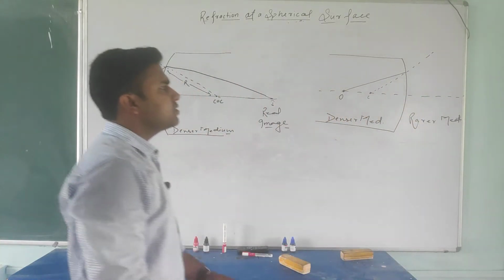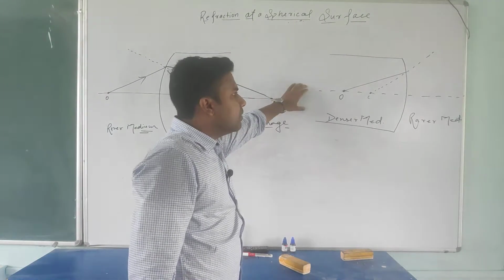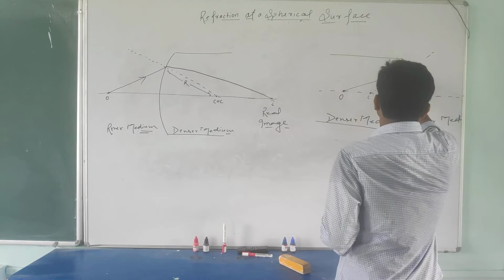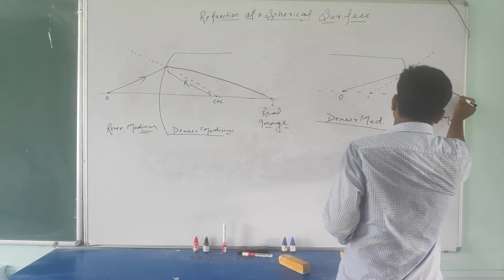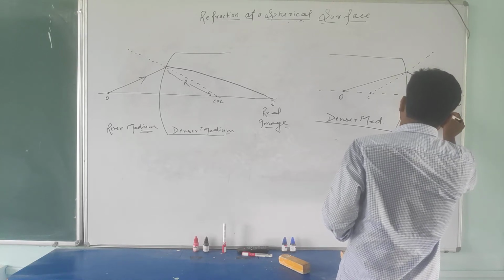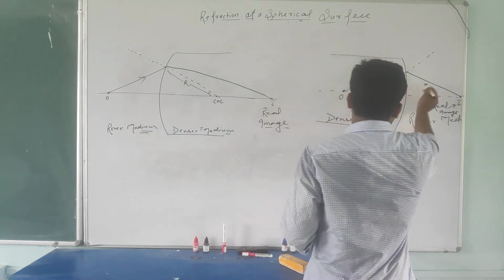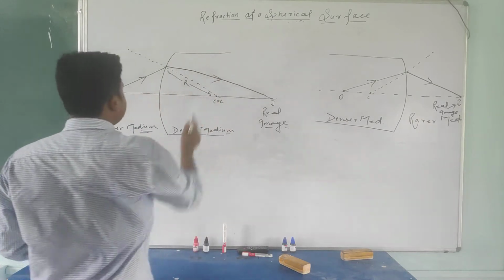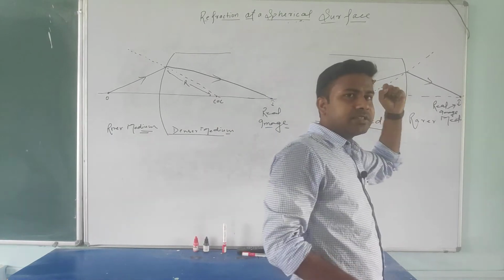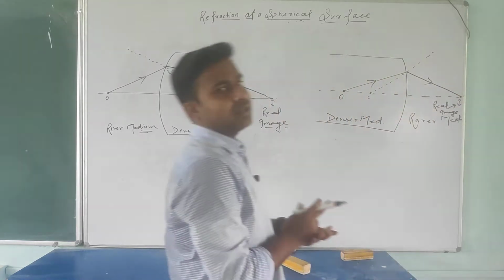Now what will happen, student, tell me? Here this ray is coming from the denser medium, so it will go away from the normal and meet at this point, I am assuming. So here the image will form, and this image is also a real image. Is it or not, student? I suppose you understand how real images are forming. In this case a real image is forming at this point, and if you place your object in the denser medium, in that case also a real image will form at this point.